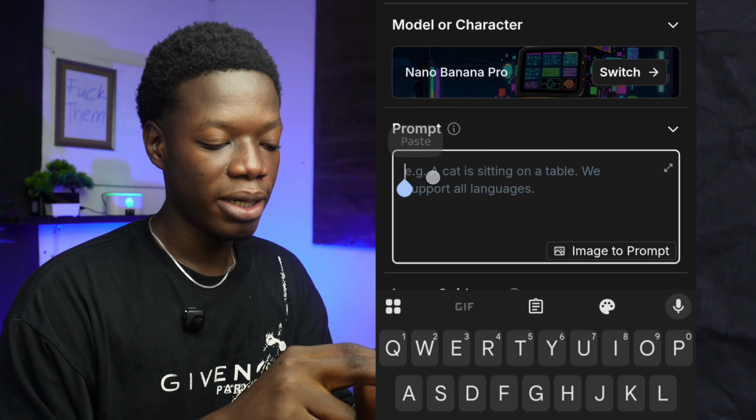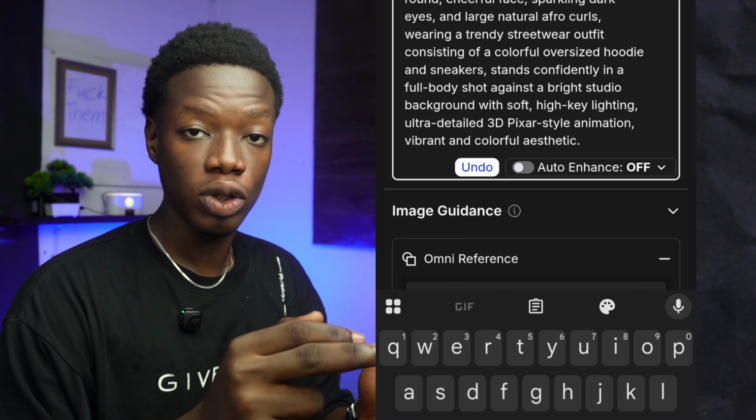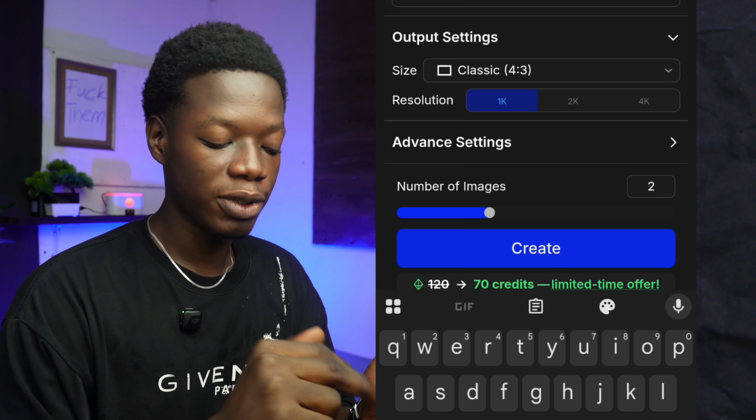Simply tap here, tap and hold one more time, and just click on paste to paste your description from Google Gemini. What you want to do next is to scroll down and select the aspect ratio. So aspect ratio is basically how you want your image to look. Since we are making this video for short videos, we are going to go in for something along the